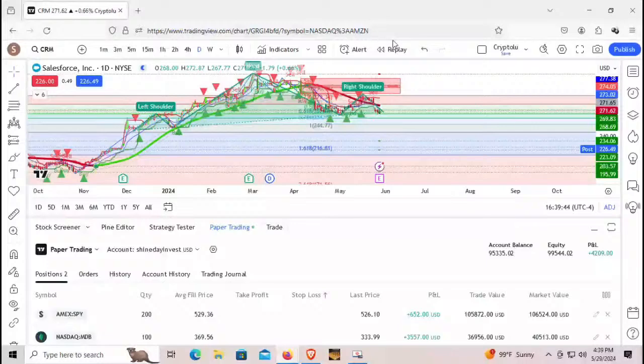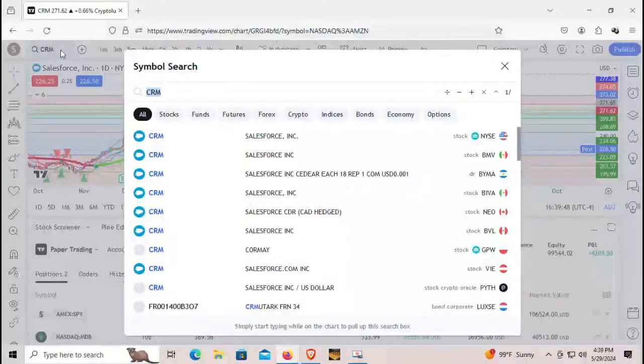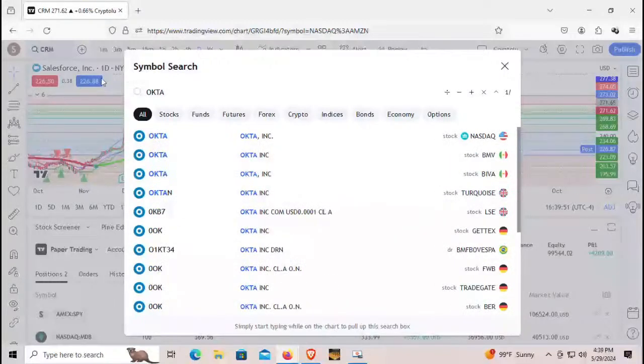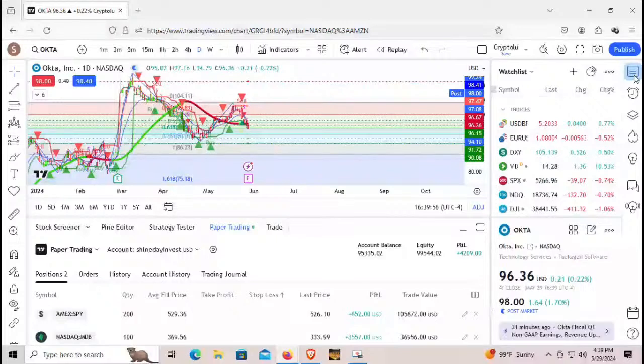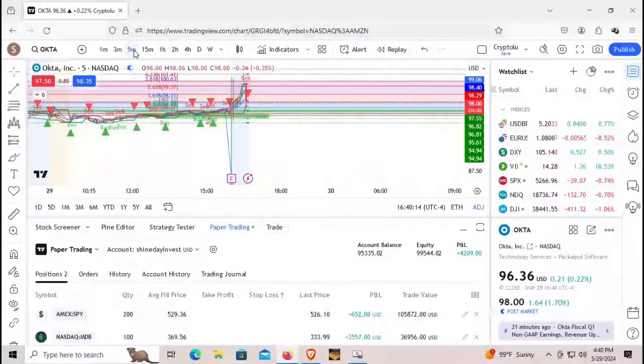So OKTA and Salesforce. Let's take a look at OKTA. How are they doing? Because I did a bullish for them. I didn't do much. Right now it's only one. It went from 1 to 2%. Actually, it was down like 4 or 5%, and then created support, and now it's trading. You try to go down, but the support is kind of holding the price up a little bit.